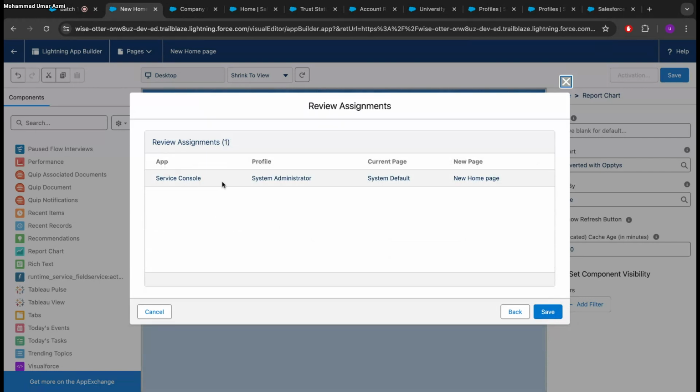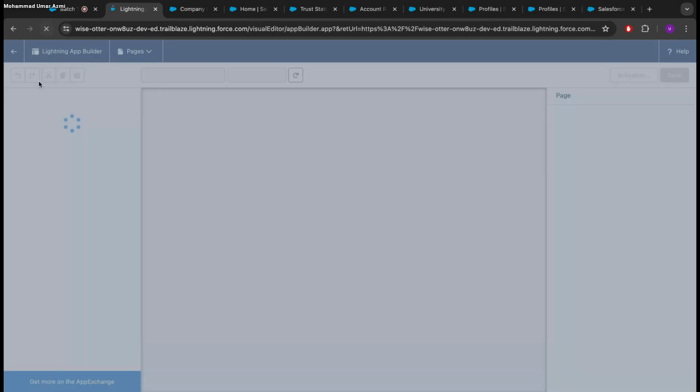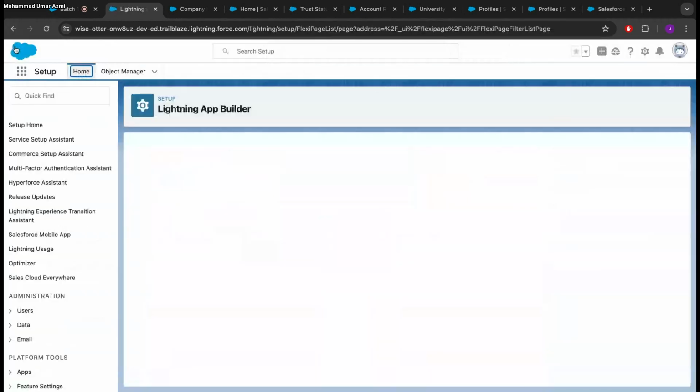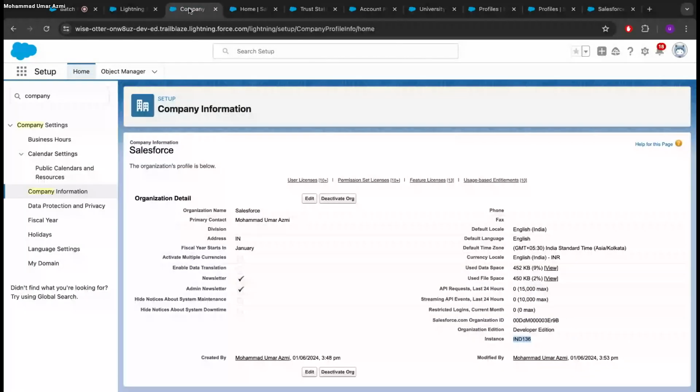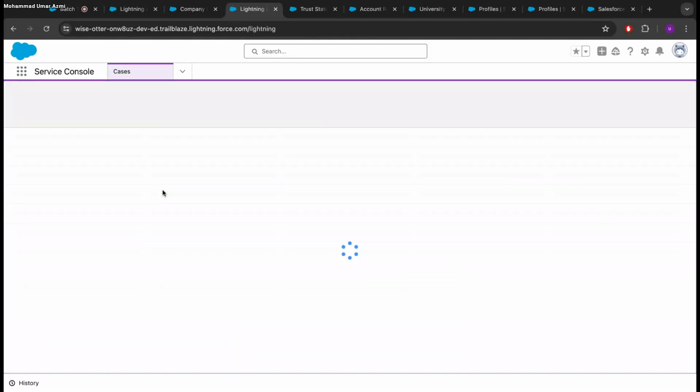So it says that once they log into the service console as a system admin, they will see this new home page. Okay, and we have only three things over here which we have added. I'll click on save again. Okay, and we have activated it. So now if I log into the service console,